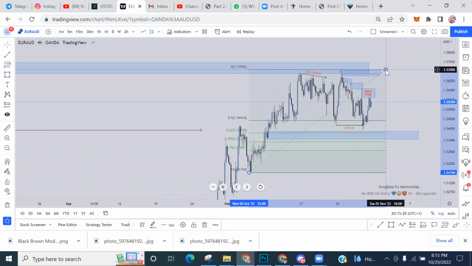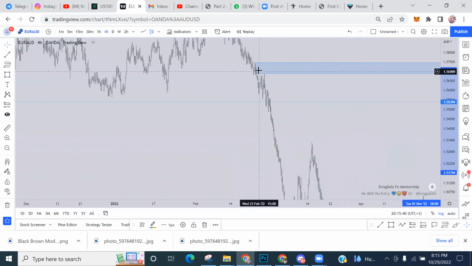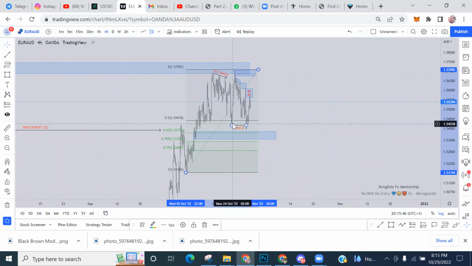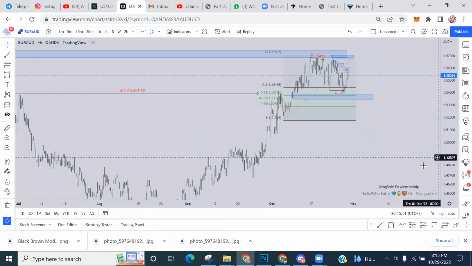So this place we're trying to short from, remember why we are shorting from here: because it has tapped into a supply zone. And it gave a chop. If you look at the structure all this while, it kept breaking structure to the upside. But once it got to this point, it took out liquidity and then gave a chop.